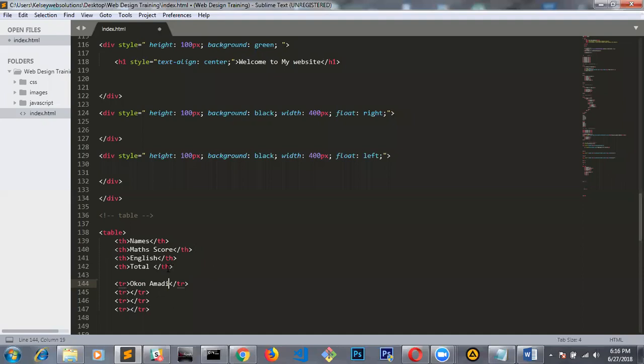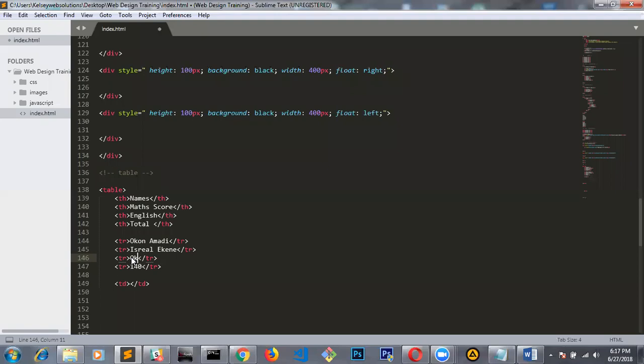Okay. Now we have the next one, which is the table data. Oh, sorry, mistake here. This should contain all their names. Okon Amadi, the next name should be here. Maybe Israel Ekene. Yeah, this will all contain their names. I think I missed something here. The next one should contain the next name. Okay, let's say Okoro Justin. It's not easy making up these names, so someone should give me a name to write. Okay, let me write my name here. Kelsey, great. Okay, all right. So everything here now contains their names. They are doing 4 by